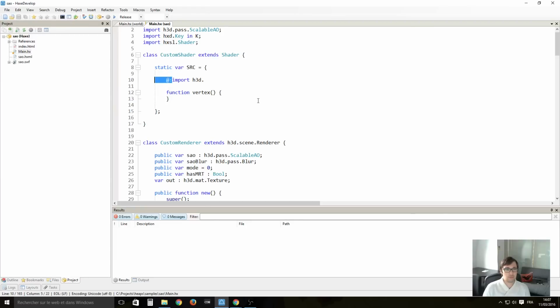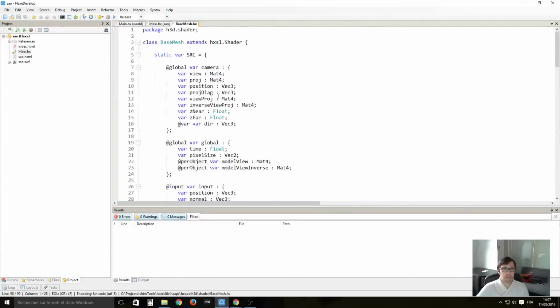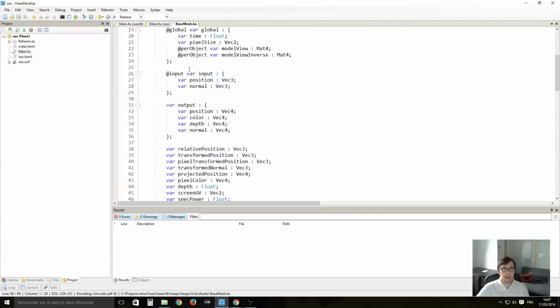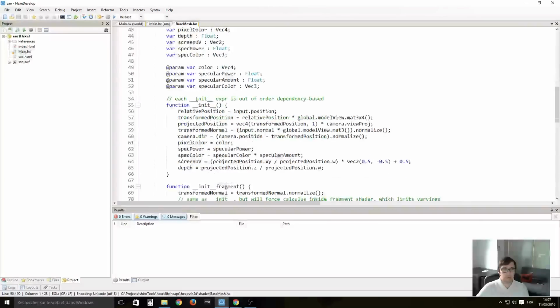So it uses some kind of metadata to say, I want to import here my h3d shader base mesh. It means that I get all the definitions of base mesh, which you can open if you want, saying, okay, I have a camera, I have an input position, normal, and I have all these variables that I can use to